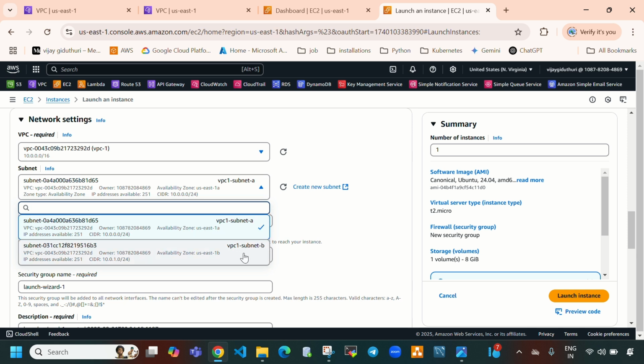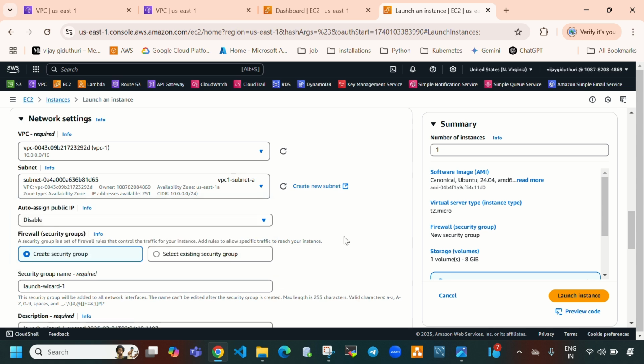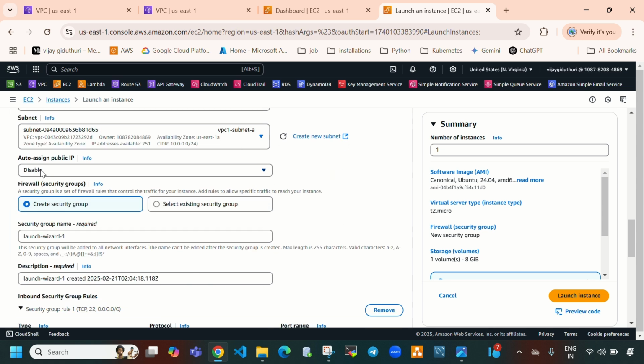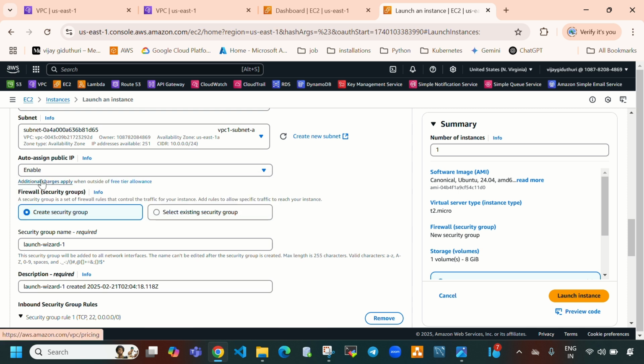Here you can select VPC1 subnet B also. Okay, anything is no problem. And auto assign public IP, here I'm going to select enable. So if you select enable here, a public IP address will be created. Okay. So now here I'm going to create a security group